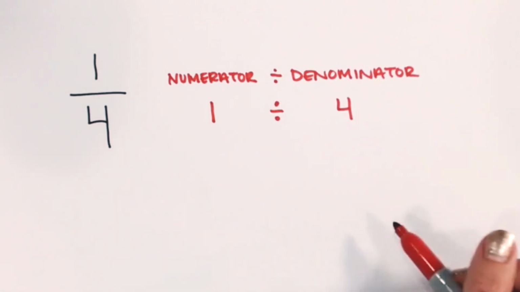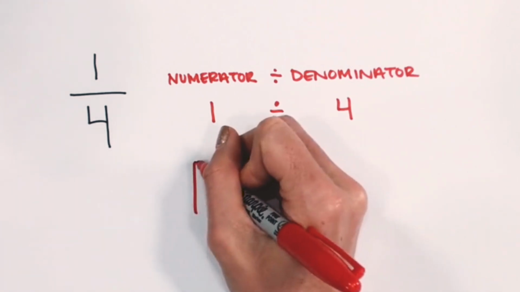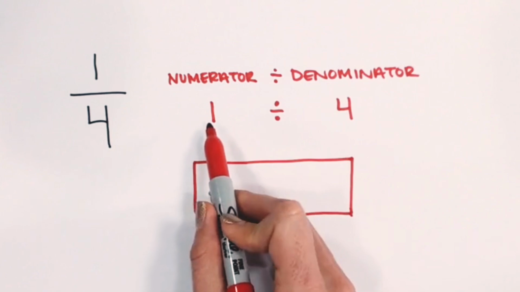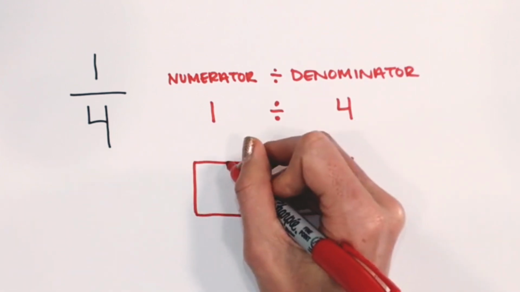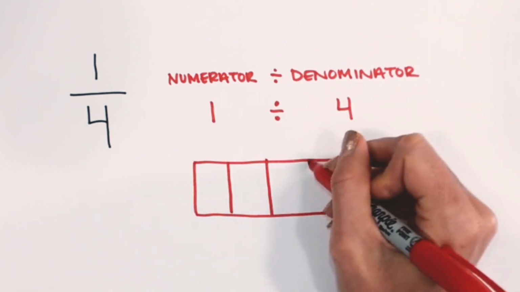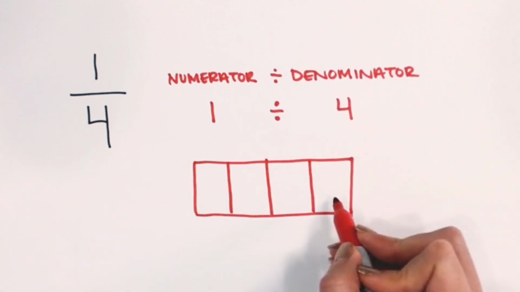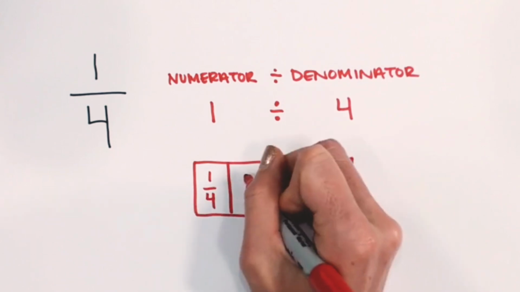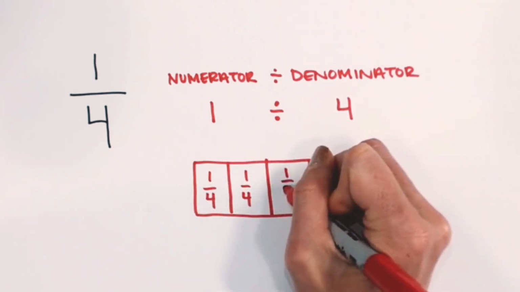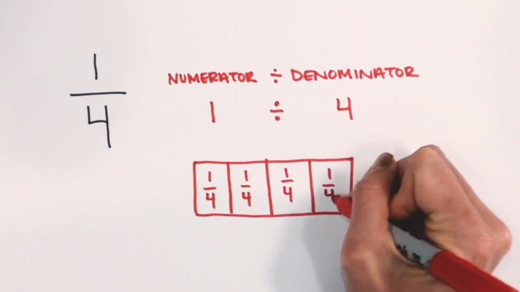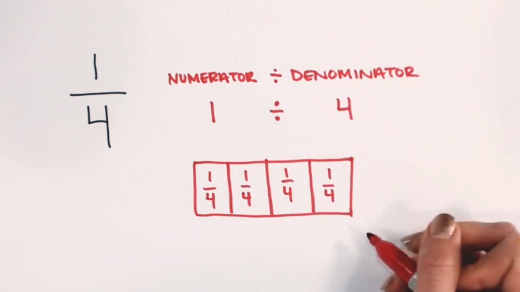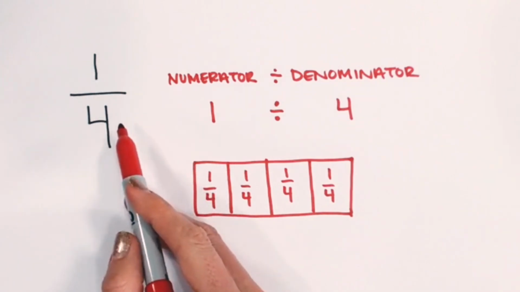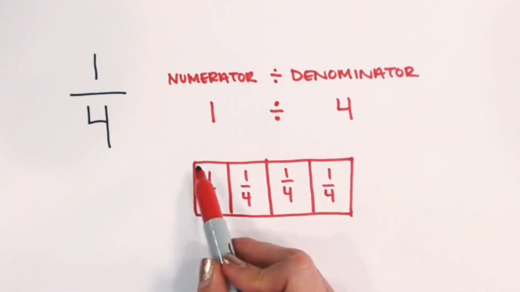Now, how would that look as a model? So if I take 1 whole, and I'm going to divide this 1 whole into 4 pieces. So I have 1, 2, 3, 4. So then each piece would be worth 1/4. If I have 1/4, 1/4, 1/4, that gives me my 4/4 or my whole. So here are a few different ways that we can interpret 1/4 as 1 divided by 4, or 1 whole